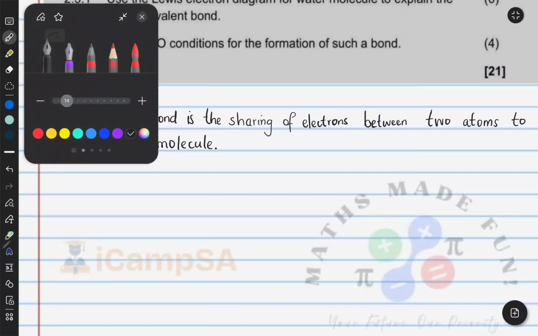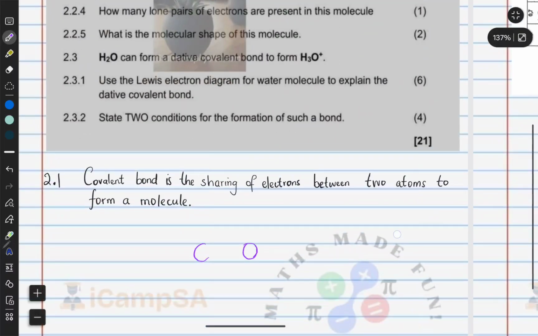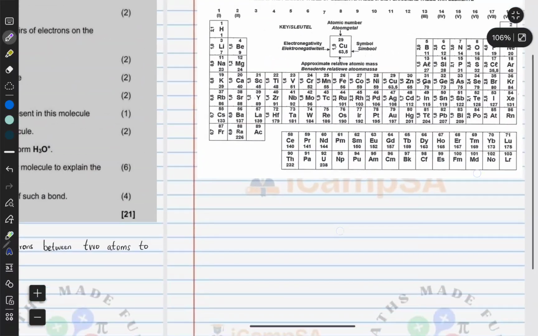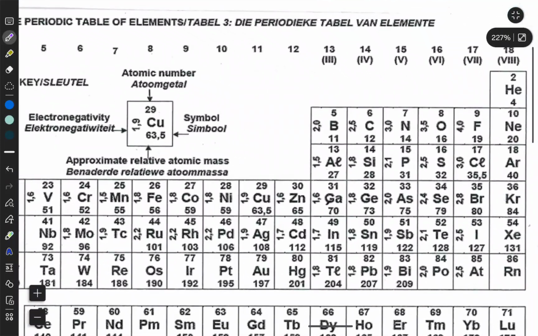That's carbon dioxide for you. If you go to your periodic table, carbon dioxide has carbon and there's oxygen. Okay, so